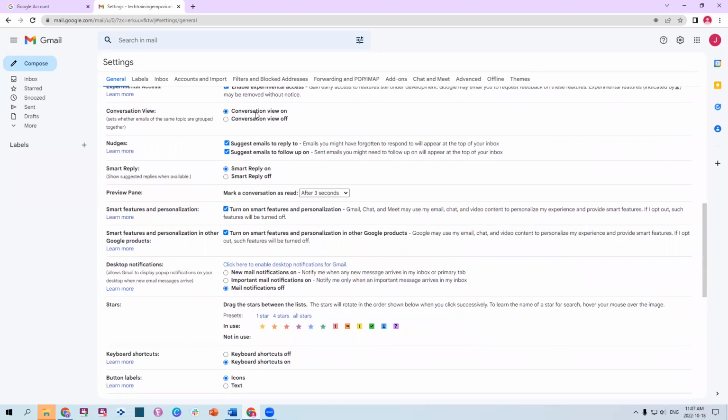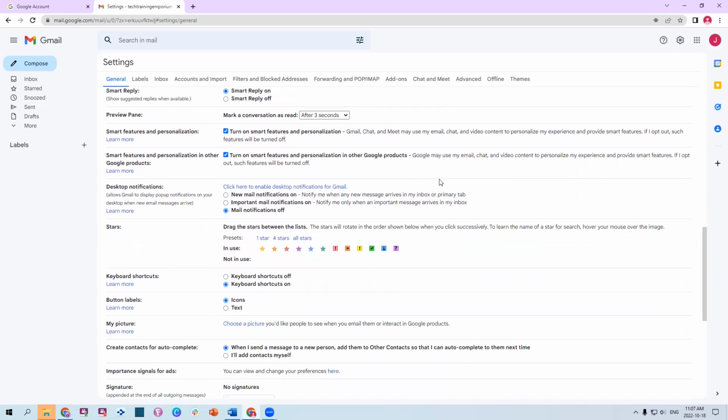What I like about conversation view is if you have 5 emails on one topic, the same subject, it compresses them into one unread in your inbox. Whereas if you have it off, it will show all 5 topics. So it's just up to you what you prefer. I like fewer notifications, fewer unread emails, so I leave it on. And